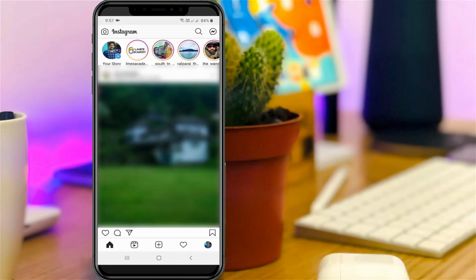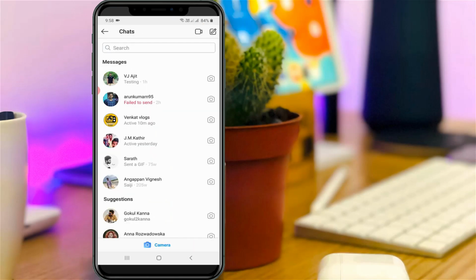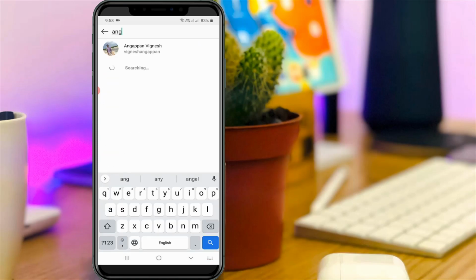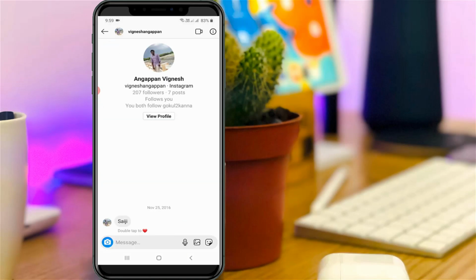So finally my new Insta Messenger is ready to use. Now in this homepage section, you can note one thing. At the top right side, it shows one messenger icon. Simply press this icon and it shows some of my Insta followers' contacts. If you would like to chat with your Insta followers, just search that username and then click to open it. So I try to send one message.